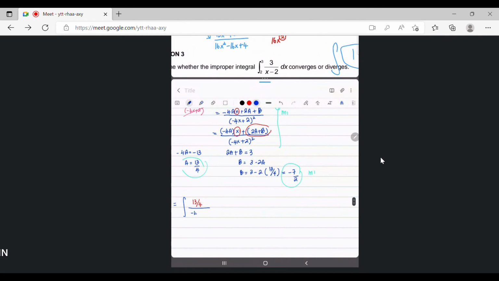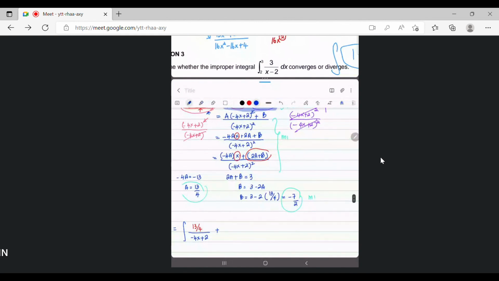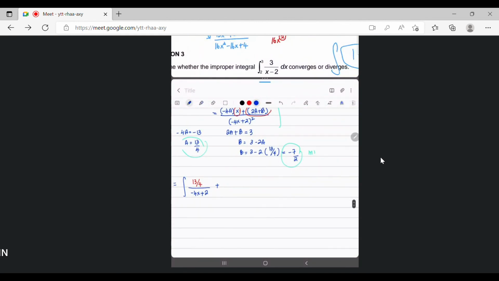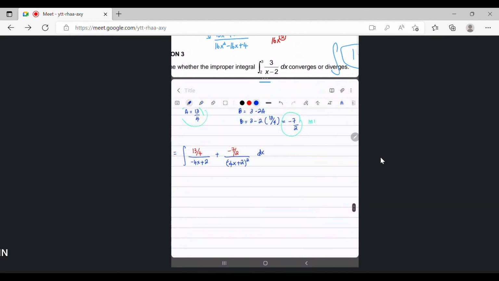Negative 4x plus 2. Okay, plus. Maintainkan dalam bentuk yang standard dulu. Negatif, positif kita just masukkan nanti kemudian. So B, negative 7 over 2. Negative 4x plus 2 squared dx. Okay, so the next part, split